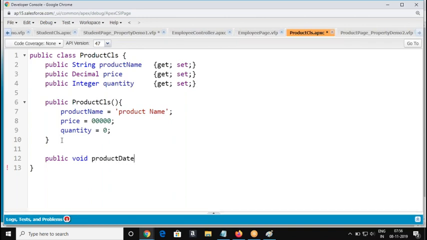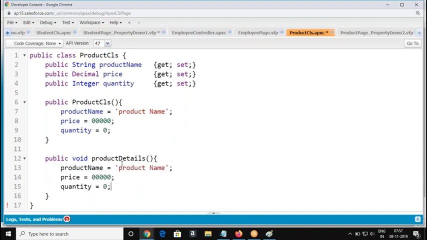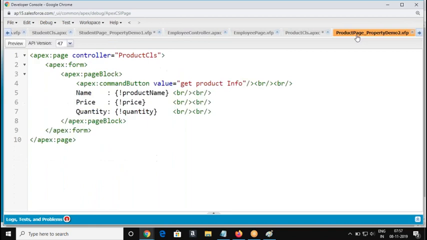I name the method as product data or product details, whatever. Inside which I'm going to assign the values to this variable. Let's first set product data.